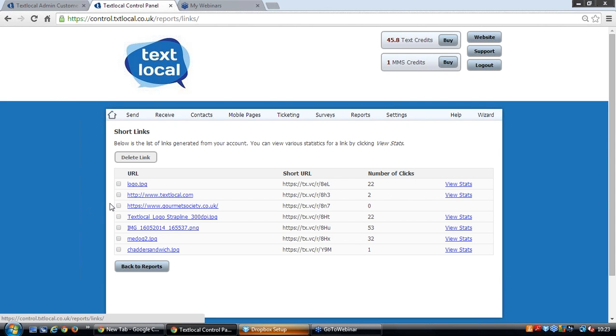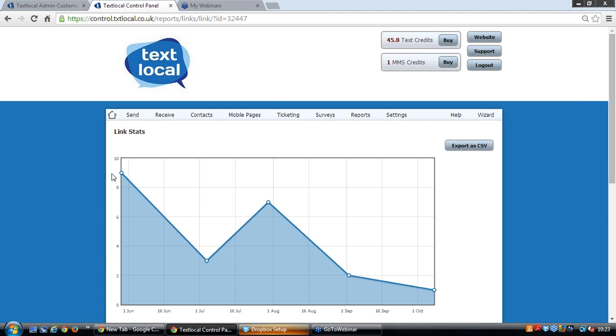And it will allow you, again, to interact through those links. So what we'd now do is we go to reports. We go to all reports. This is a really handy section for cleansing your database of invalid numbers and also being proactive and tracking those click-throughs on the links. The first thing we'll do is show you how to pull a group report and cleanse your database. So if you go to groups,